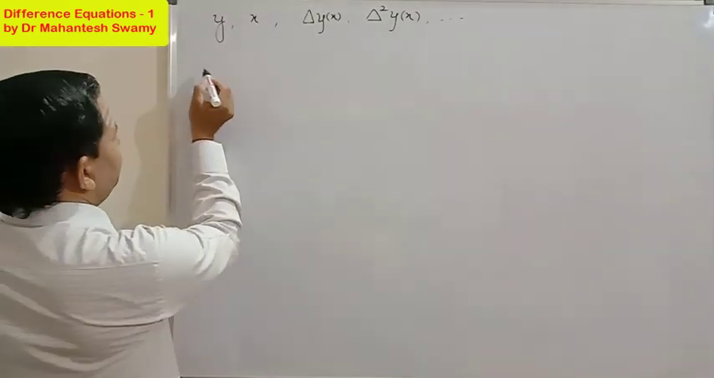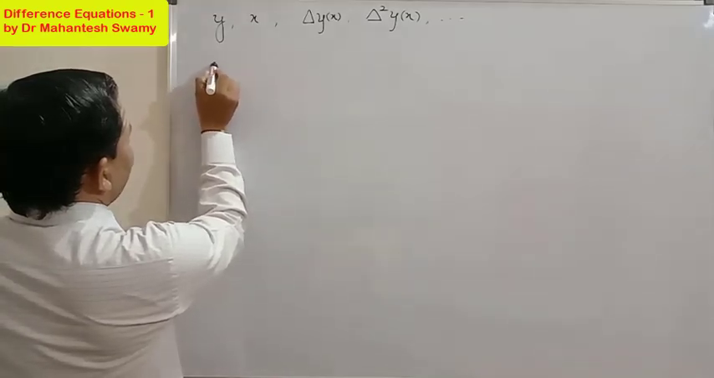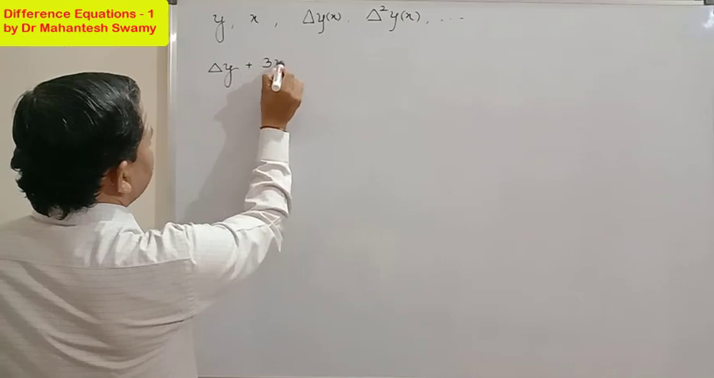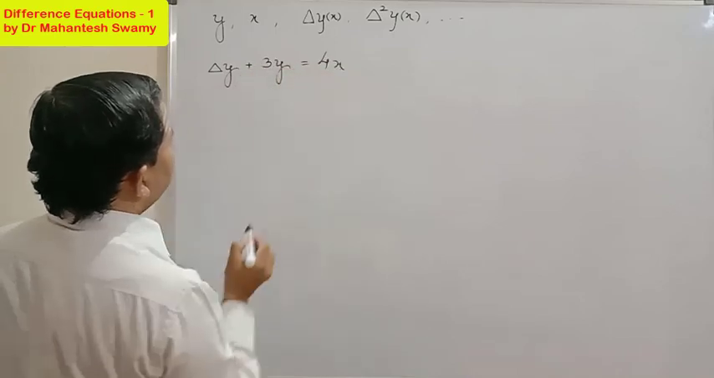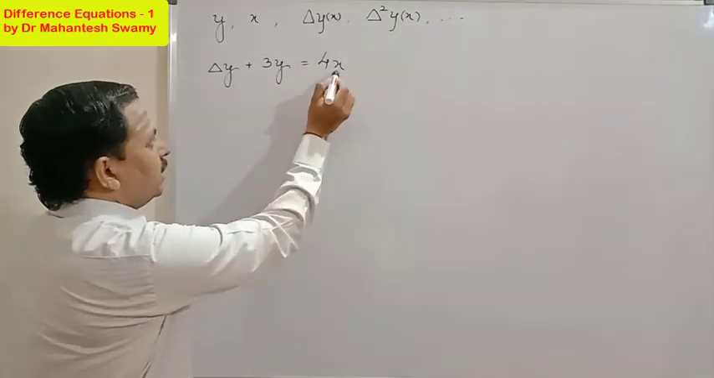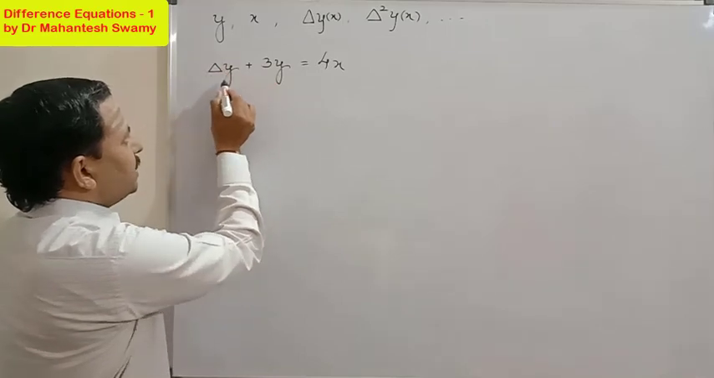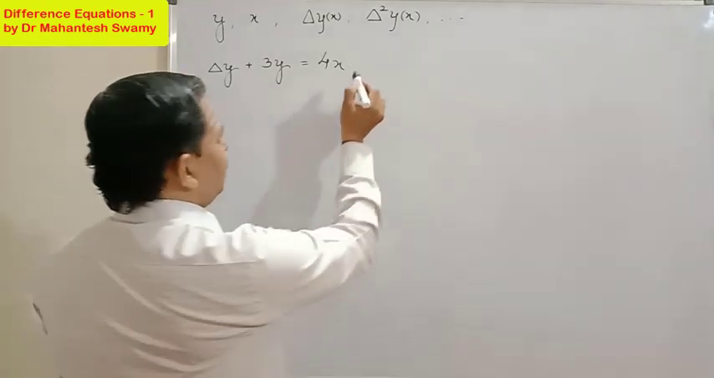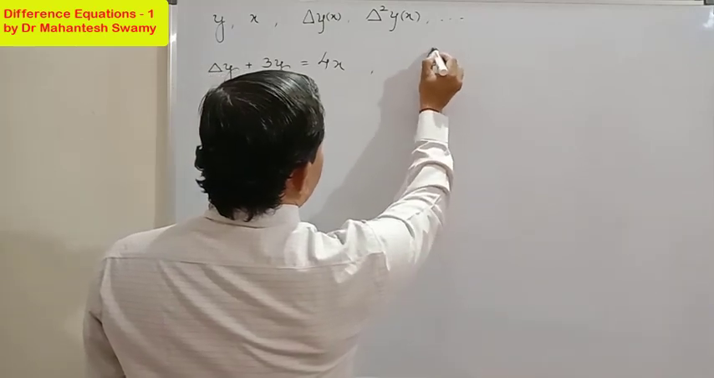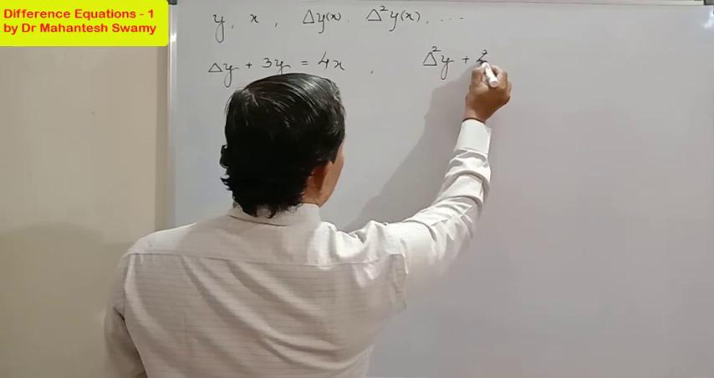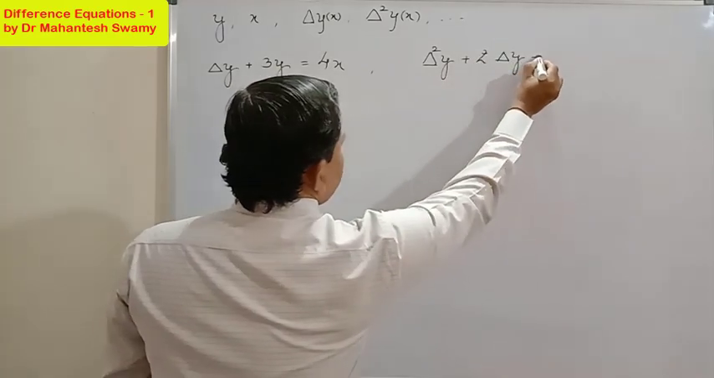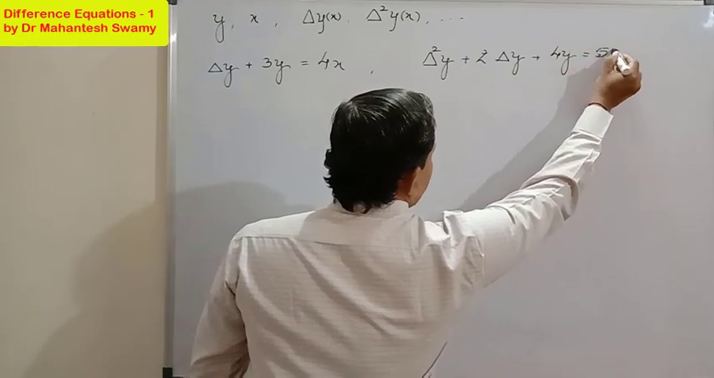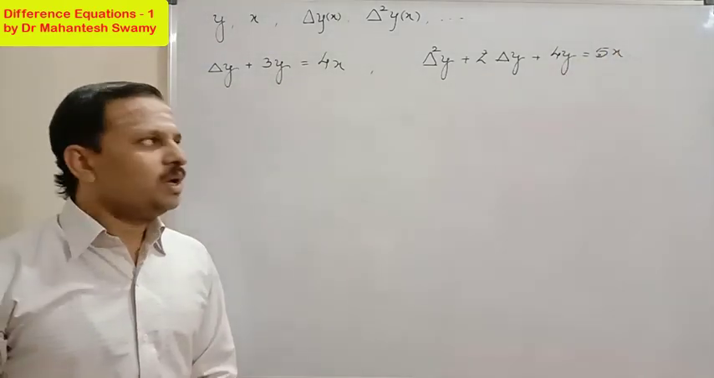So let us consider the first example. Delta y plus 3y equal to 4x. So it is a relation between dependent variable y, independent variable x along with some constants, and at the same time a difference term delta y is present in the equation. So this is an example of a difference equation. Similarly, we can have another equation, that is delta squared y plus 2 delta y plus 4y equal to 5x. So this can be another example of a difference equation. So in fact,